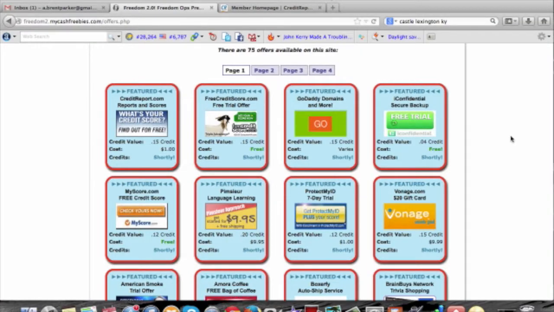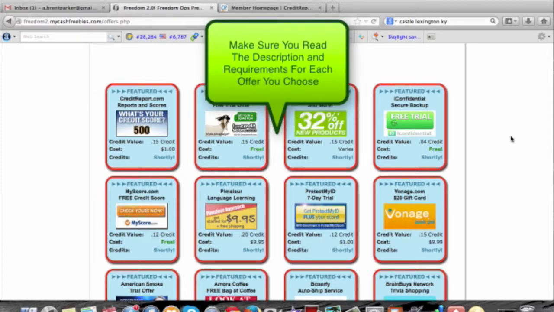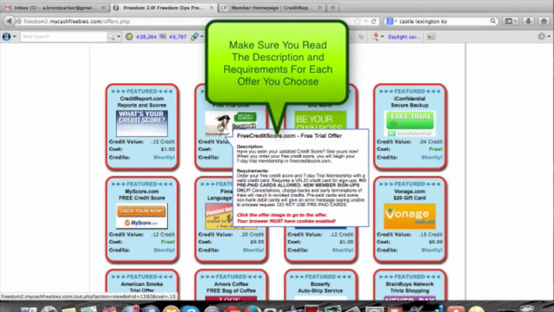Okay, this is Brent Parker, and I'm going to go through with you the actual process in real time of me doing my offers for the Freedom 2.0 site. And I've actually already done creditreport.com, so I'm not going to go through that one, obviously, but I'll go ahead and click this second offer,